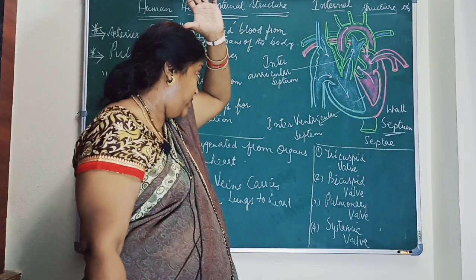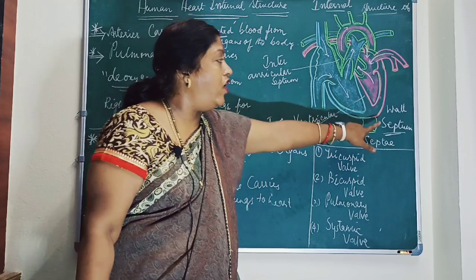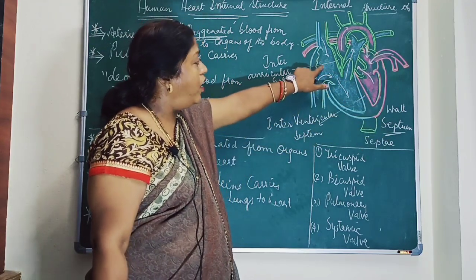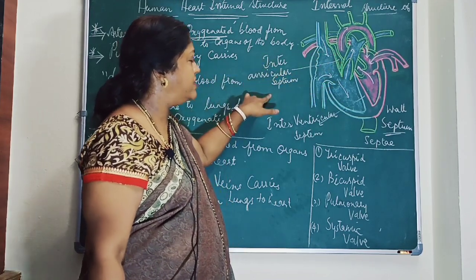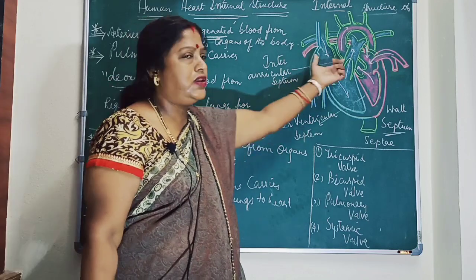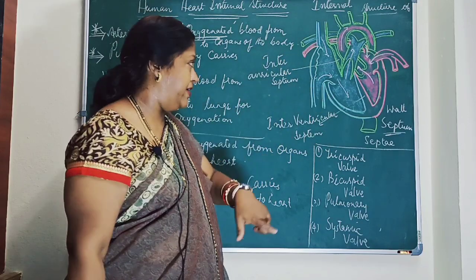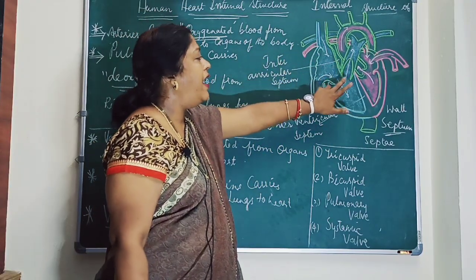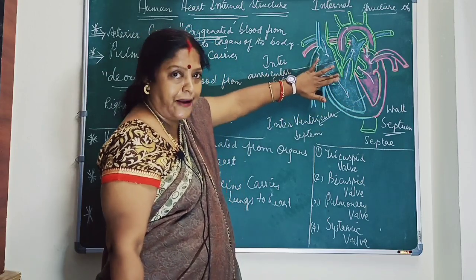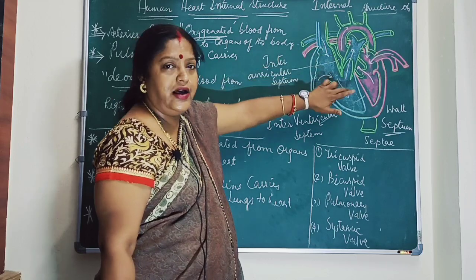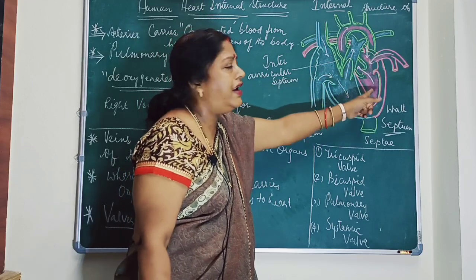One more thing. The auricles and the ventricles are separated by a septum again, that is the right auriculo-ventricular septum. We studied the interauricular septum and interventricular septum, which separate both the auricles and both the ventricles. Now there are the auriculo-ventricular septa, the right auriculo-ventricular septum and the left auriculo-ventricular septum here. The right auriculo-ventricular septum separates the right auricle and the right ventricle. The left auriculo-ventricular septum separates the left auricle and left ventricle.